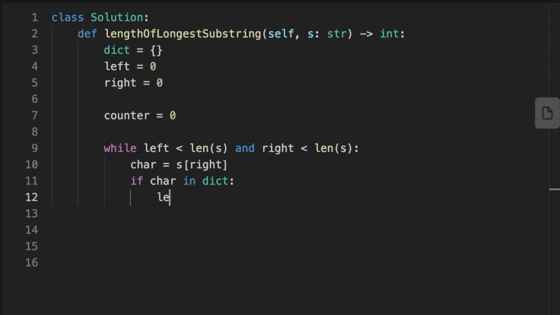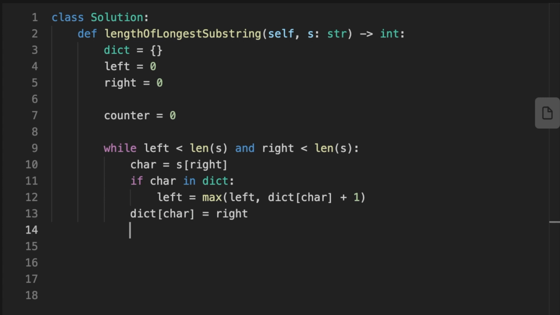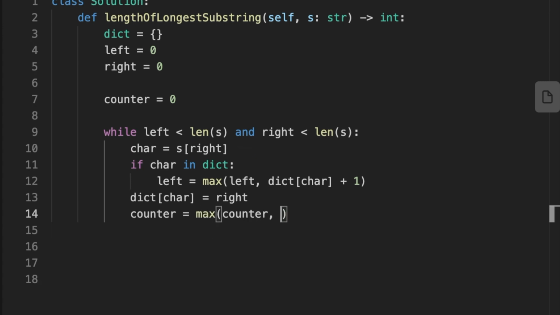Then we set an if statement to determine whether we have already seen the character, which we accomplish by writing if char is in dictionary. So after seeing a character before, we change the left pointer to the following position, making left equal to the maximum between the current left index and the character value in the dictionary plus 1. Then we set the character value in the dictionary to reflect its current right position. The counter variable is then updated to represent the maximum between the previous counter and the length of the current window. And we move the right pointer to the next position. Finally, we